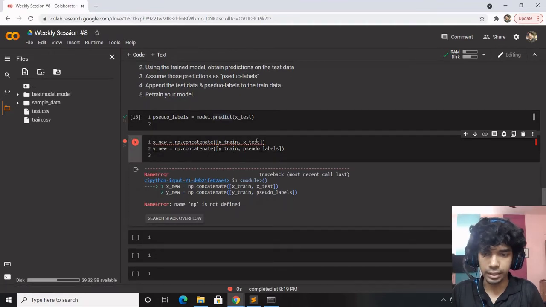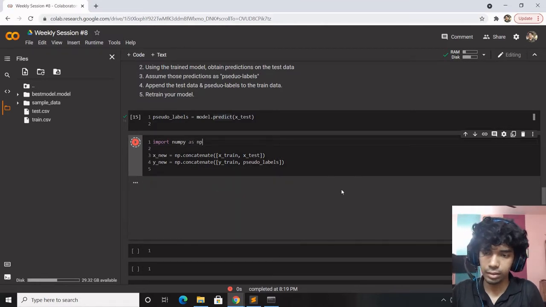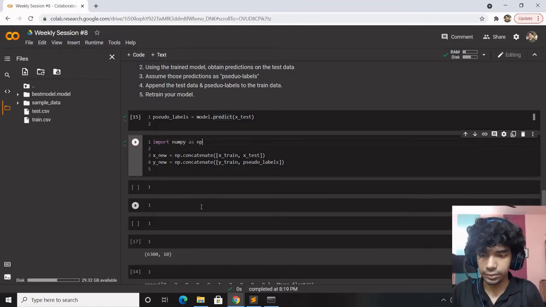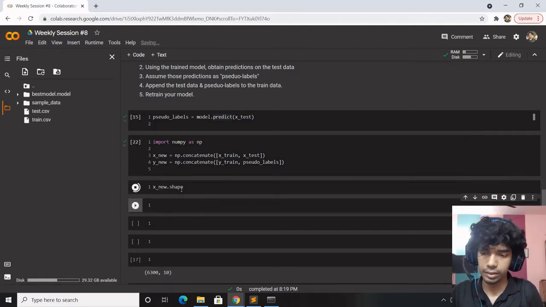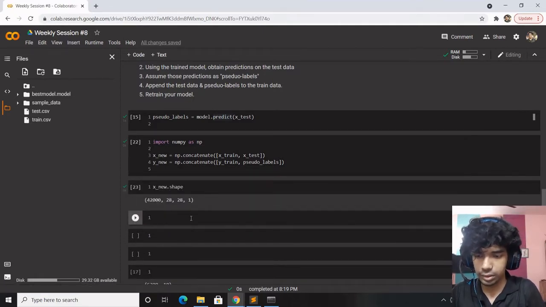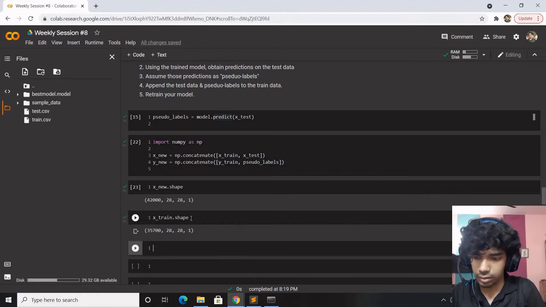We don't have numpy defined. Let's define numpy. Import numpy as np. So now we have x new, whose shape would be x train dot shape plus x test dot shape.